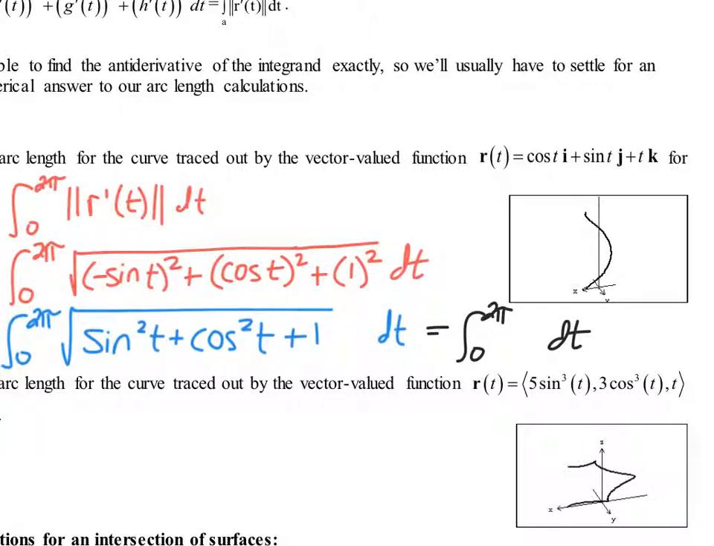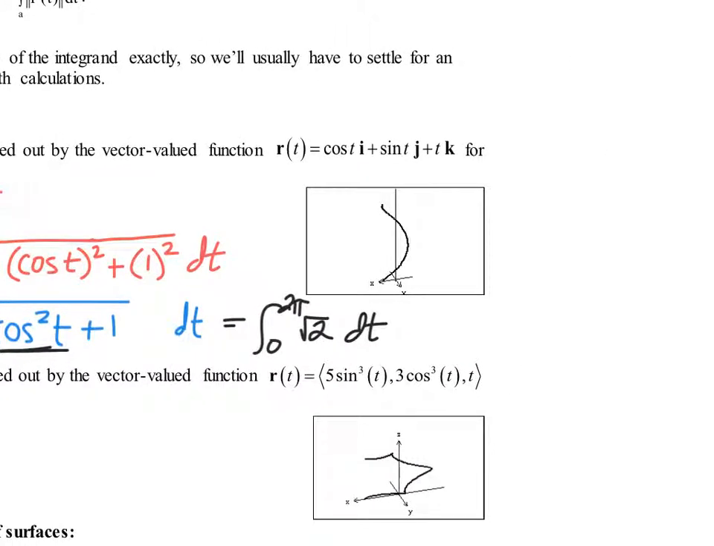So, quick question. What is sine squared plus cosine squared equal to? 1. Beautiful. All right, so 1 plus 1 is 2. So this is the square root of 2 dt. All right? Which is a constant, so that has an antiderivative of root 2 times t over the interval of 0 to 2 pi,